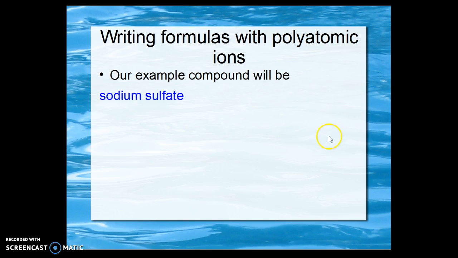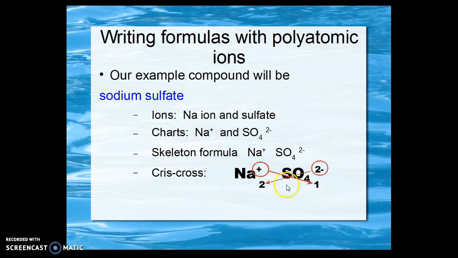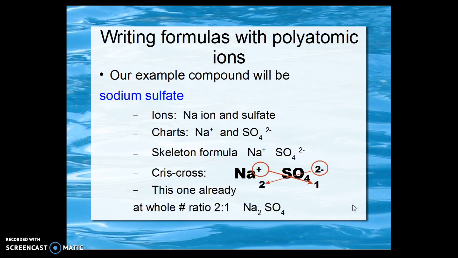Our example compound is sodium sulfate. We have the sodium ion and the sulfate ion. The chart tells us that sodium is +1 and sulfate is -2. You probably memorized that already. So we put the sodium here with a +1, the sulfate here with a -2. We crisscross. The sodium's +1 down to here is 1. We change the sign on the sulfate, and we bring it down here, and that's the lowest ratio we can get in whole numbers,